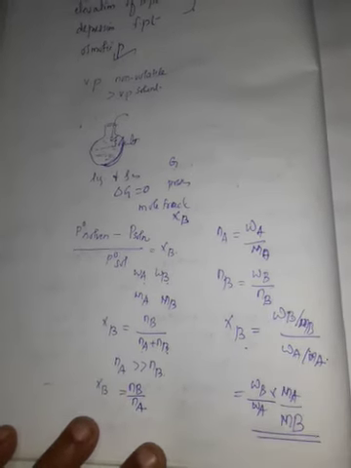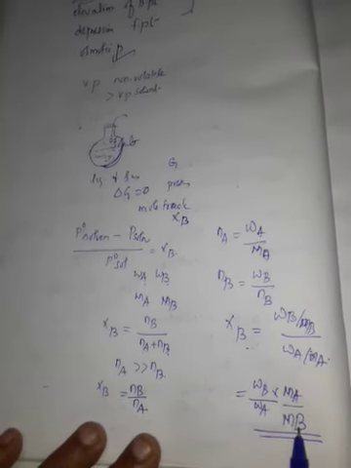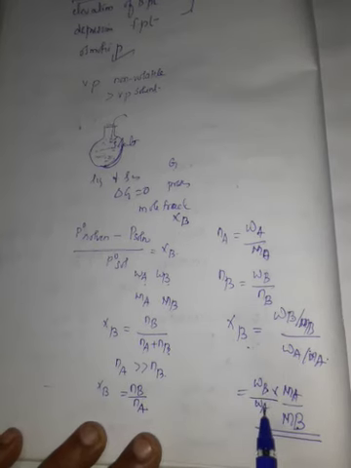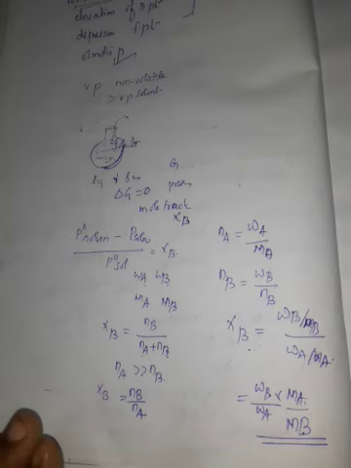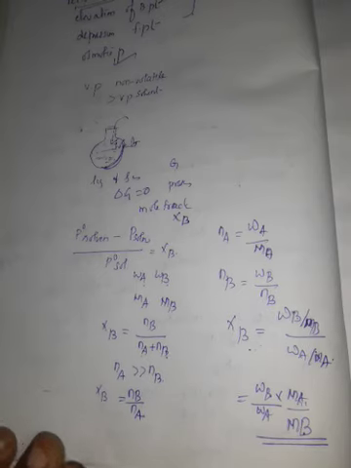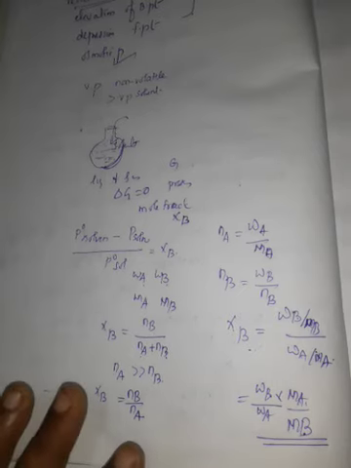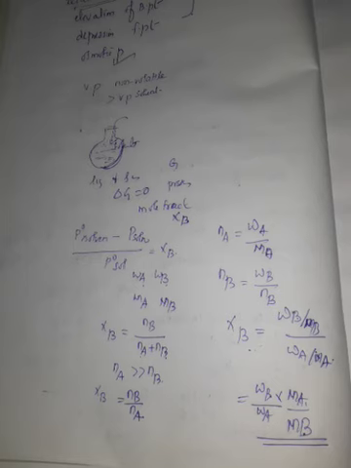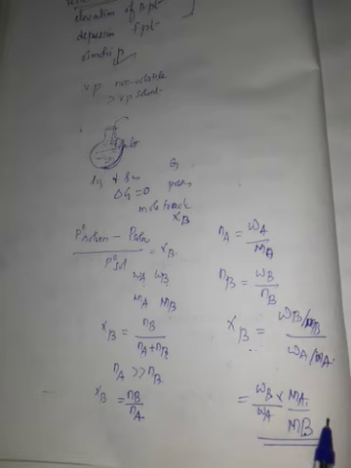From this equation, the molar mass of the solute Mb can be calculated using the known values of Wa, Wb and Ma and the measured relative lowering of vapor pressure. This is very easy. Go through the book, it is given on pages 50 and 51, and you can prepare well for the exam. Relative lowering of vapor pressure is one of the colligative properties, which depends upon the number of moles of the solute, not upon the nature of the solute.